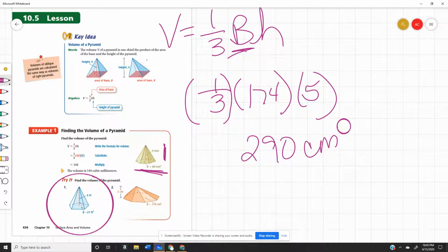I plugged it into the calculator. I could have done 174 divided by 3, which is 58, and then multiplied that by 5. It's still 290. Remember that when you're dealing with fractions, when you're dealing with 1/3 of something, 1/2 of something,